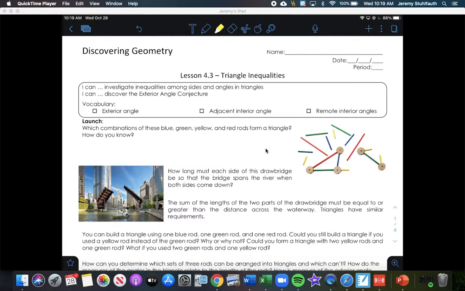So take a second to pause the video and just think about that. There's more than one right answer. So just go ahead, pause the video, and take a think. All right, so